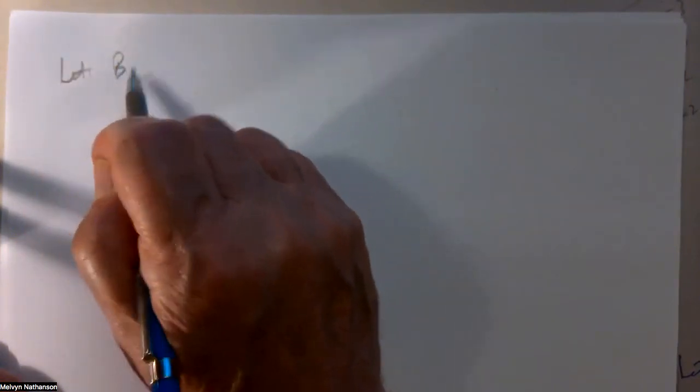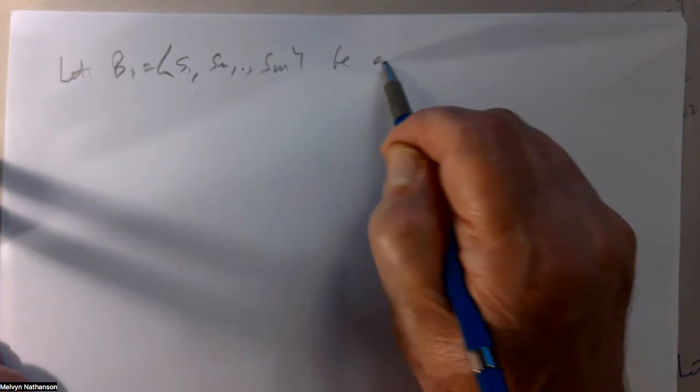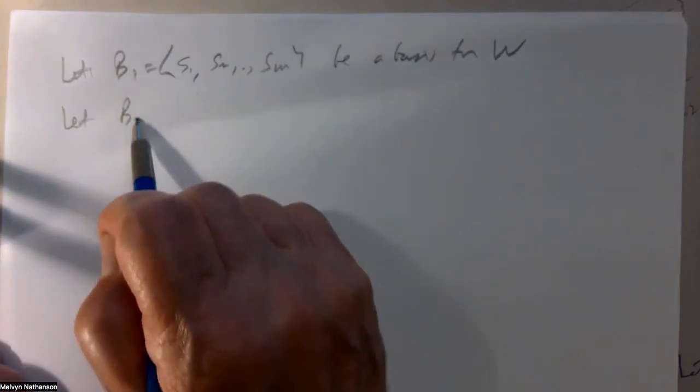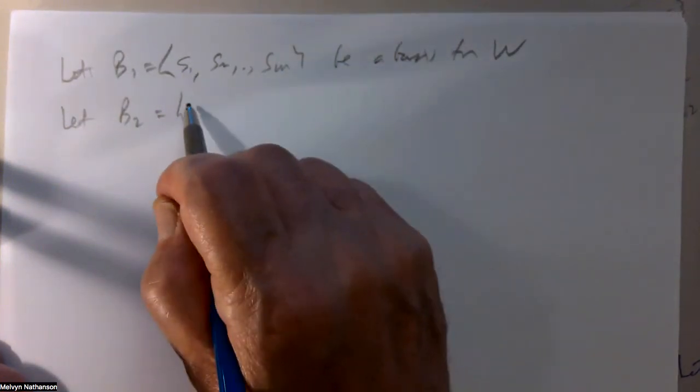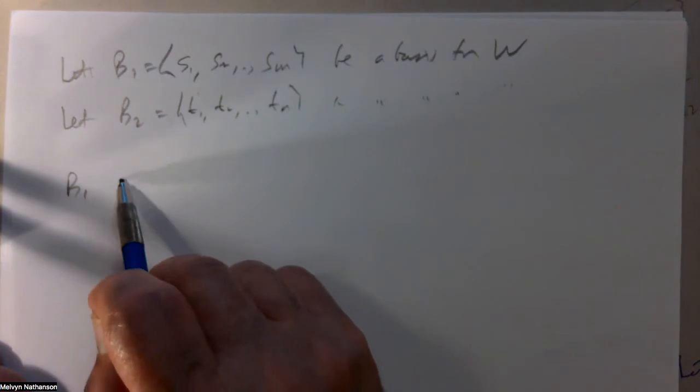So let B1, consisting of the vectors S1, S2 up to S sub m, be a basis for W. Let B2, consisting of the vectors T1, T2 up to T sub n, also be a basis for W. So what do we know? We know that B1